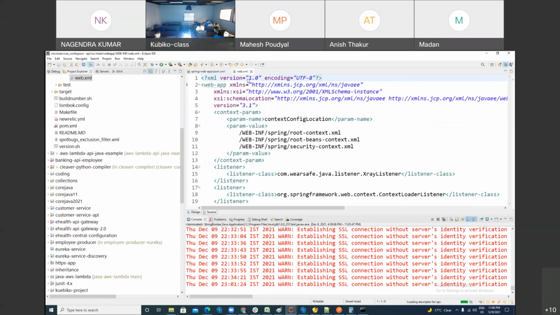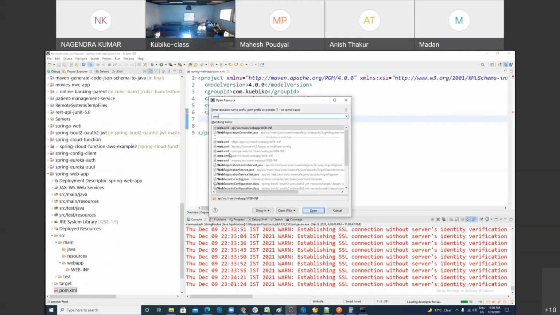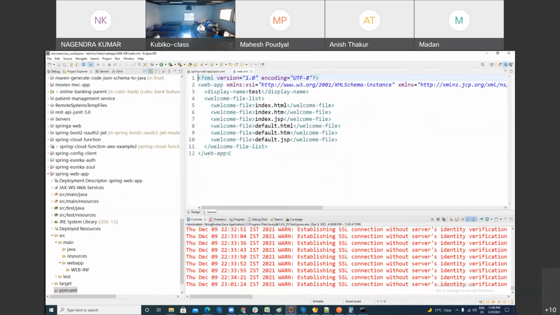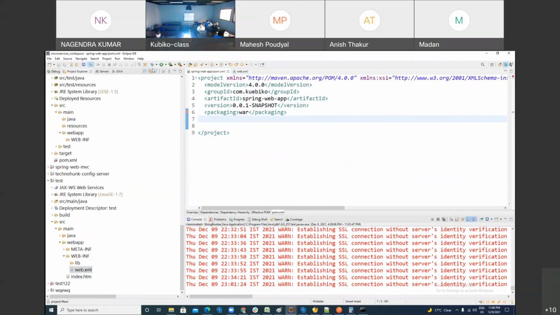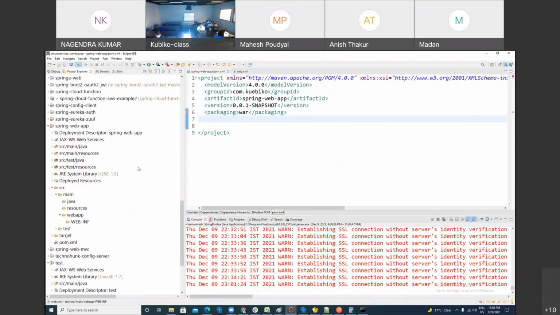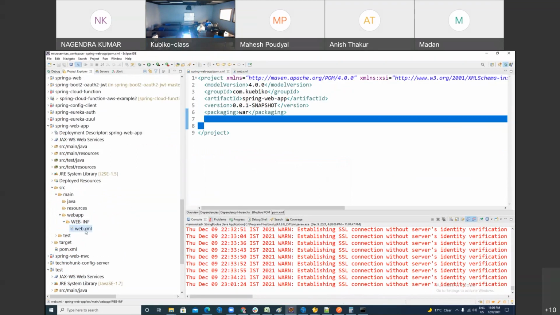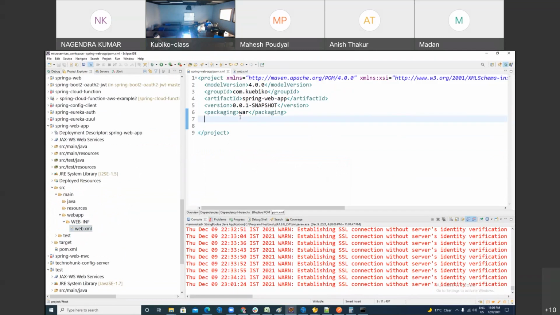I'm copying the web.xml file from some other project. Is that okay with you? Let me copy it. So I'm just opening some other project. You can also do it. You can go and copy this web.xml from this test to your project. You know how to copy a file? Copy paste. Done. Once you create the folder and copy this web.xml file, the error is gone.